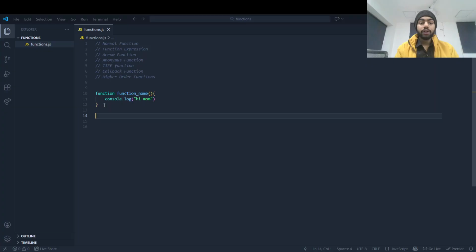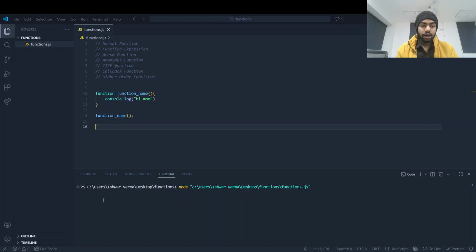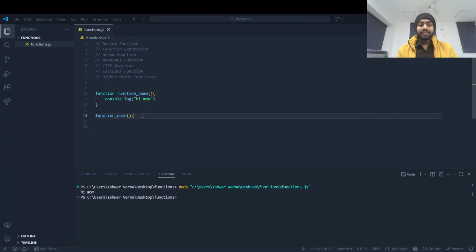You can see how we can call a function: just write its name and then parenthesis, function name and then parenthesis, function call. Now if I run this code, you can see in our terminal hi mom is printed. This is our first normal function.